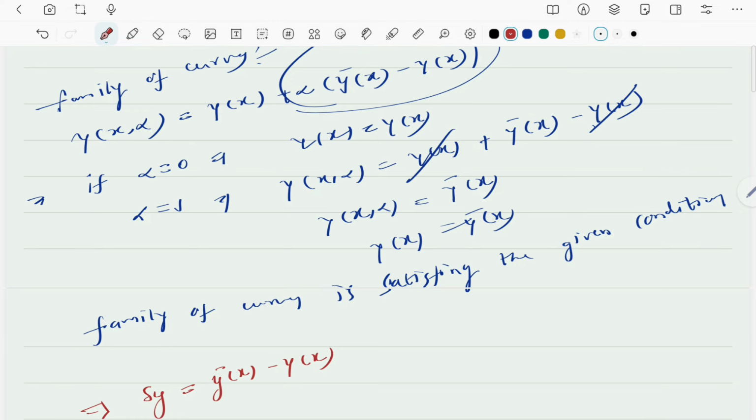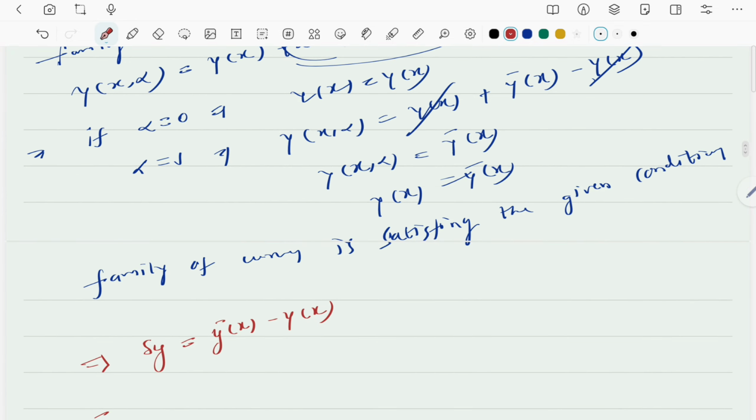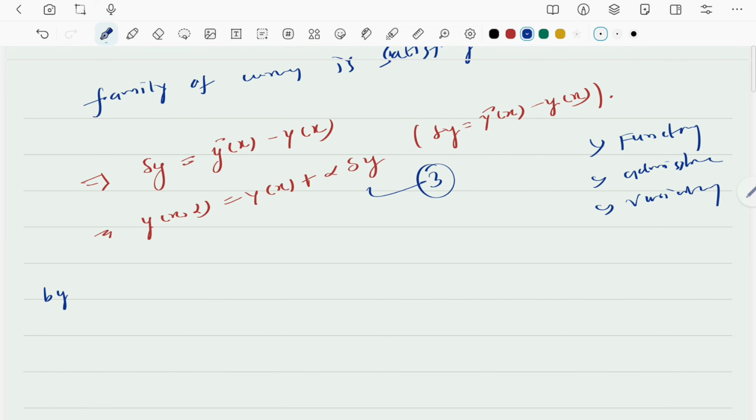Therefore substituting this variation in the family of curves, we get that y of x comma alpha is equal to y of x plus alpha into delta y, since delta y is equal to y bar of x minus y of x. Therefore here, by using equation 3 in equation 1,